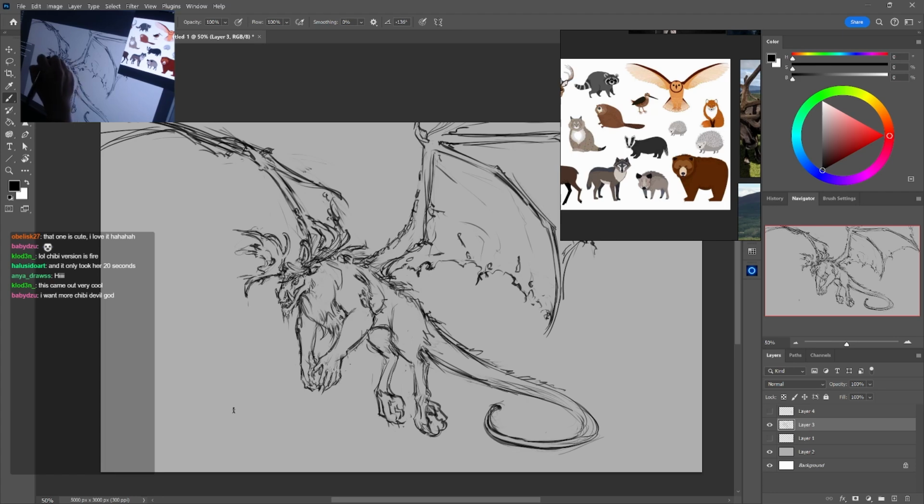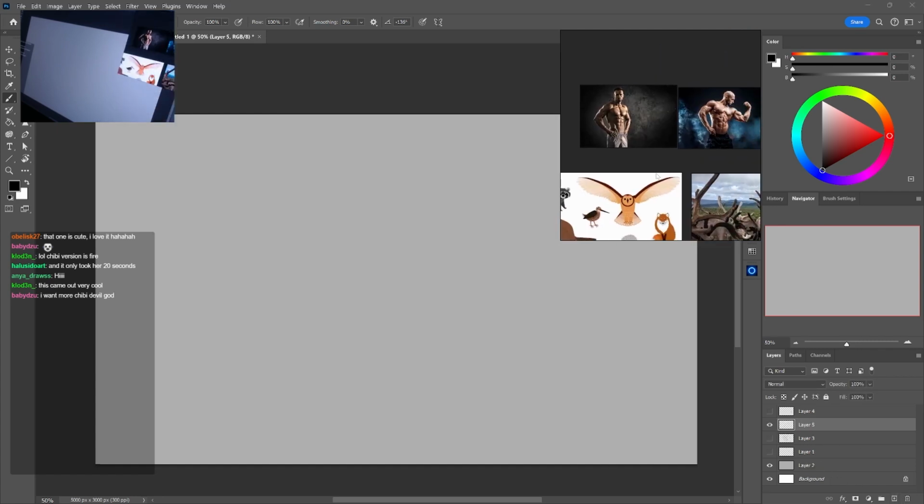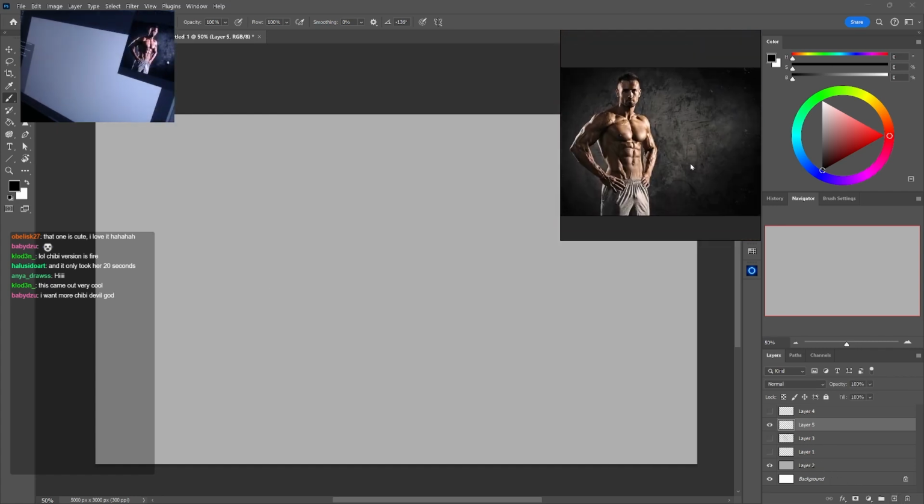Okay, so I'm probably not going to clean this up, because I think this is pretty good. Now we'll do the humanoid version very quickly. And so we're going to go back to the bodybuilder, guys.